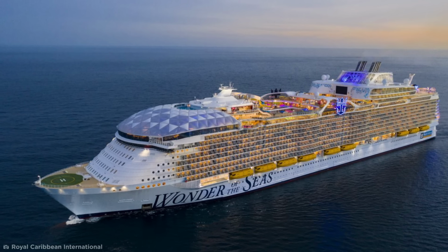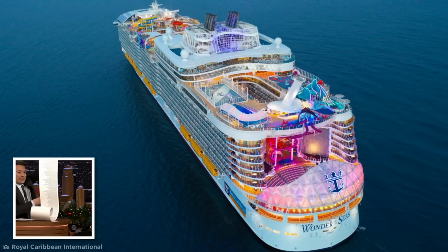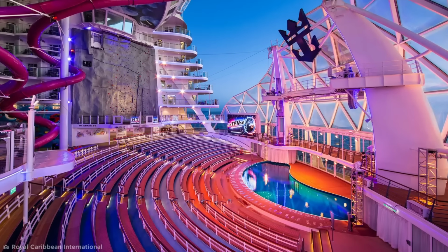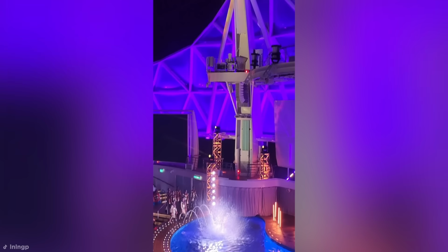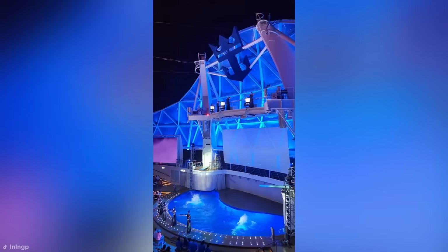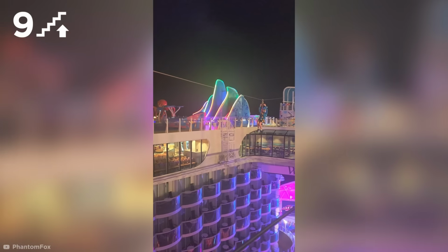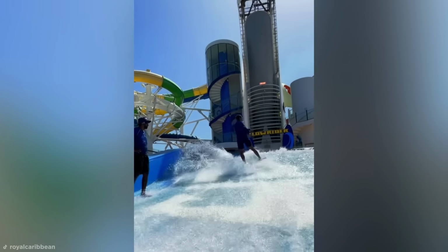This enormous boat can hold 7,084 passengers, and it has a long list of activities to keep them entertained. At the very back of all Oasis-class ships sits the Aqua Theater, an 18-foot deep swimming pool that's used for water shows involving diving platforms and high wires. But if watching death-defying stunts isn't enough to get your blood pumping, then you can take a ride on the Wonder's zip line suspended 9 floors above the bottom deck, or shred some artificial gnar on the boat's surfing simulator